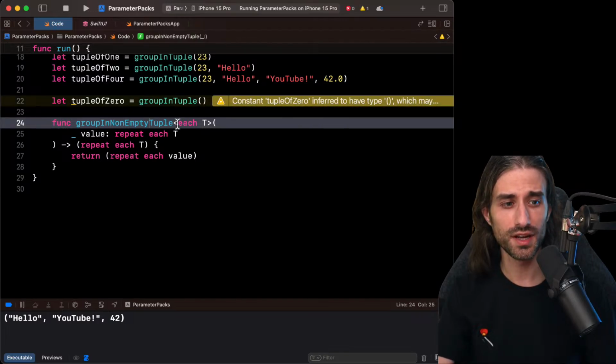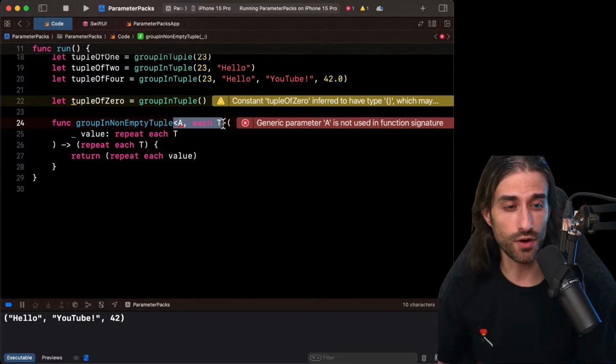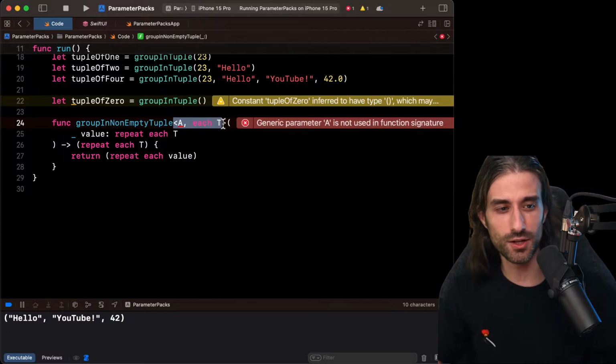And what you want to do, since the parameter pack can take from 0 to n generic arguments and you cannot control it, is that you define explicitly your own generic argument. So since the parameter pack covers 0 to n generic arguments, if you add your own, then when you do the sum of the two, it covers from 1 to n plus 1, but since n is like a very big number, n and n plus 1 is basically the same thing.